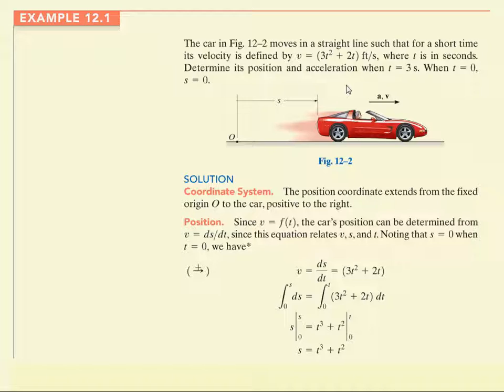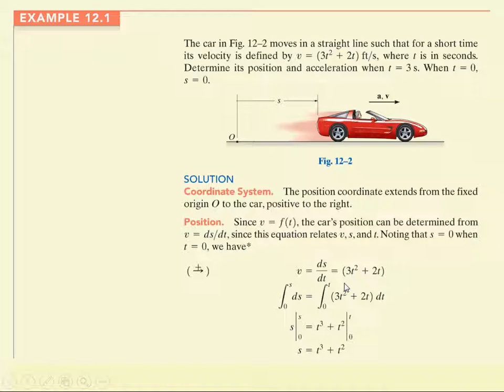Since the velocity is a function of time, the car's position can be determined from the definition of velocity, which is v equals ds dt. Since this equation relates the velocity to the position and t, and we know that s is equal to 0 when t is equal to 0, we have